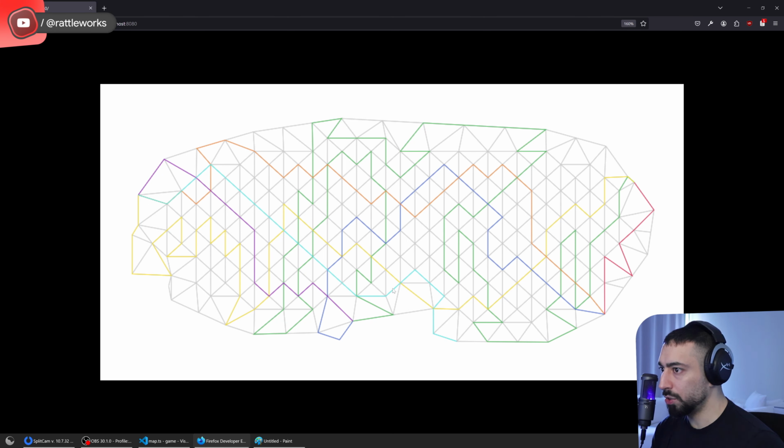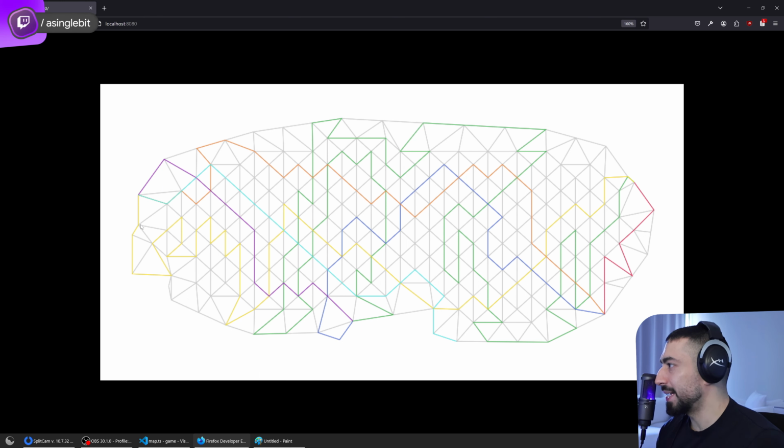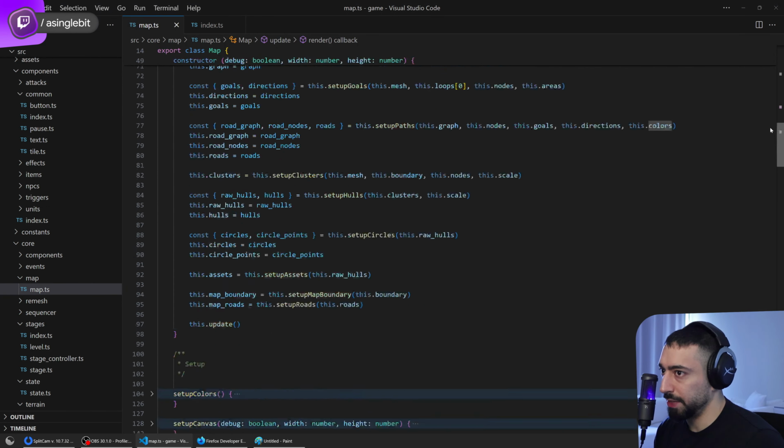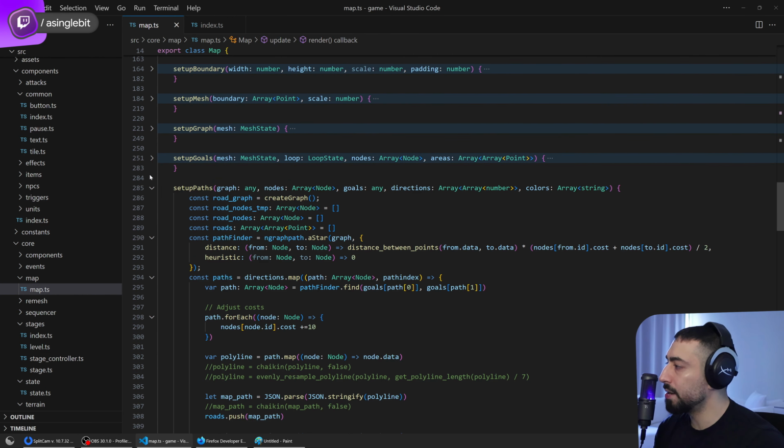Yes. So we can see that in some parts of the map, for example here, there is an orange path coming through that overlaps with the blue path. That's not what we want in the end, because at one point on the ground there could be only one path. It doesn't make sense to have overlaying paths. So that's what we are fixing next. And after we have our separate array of different paths,